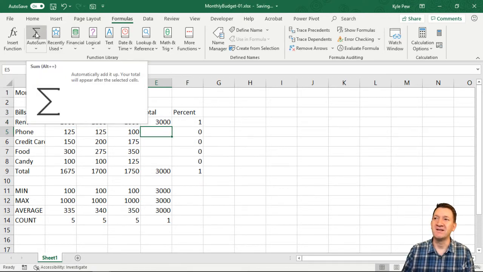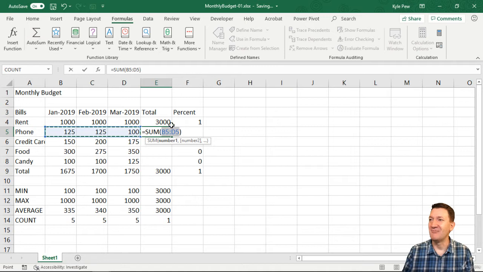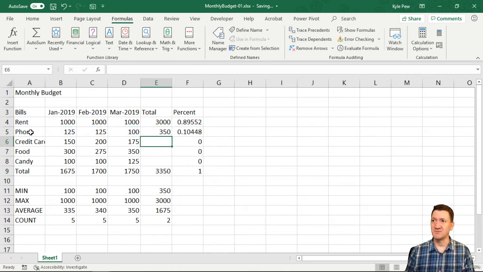I'm going to go hit the auto sum button again. Looking good. Got my B5 to D5, all 3 values for phone across each of the months. Now, Excel is a very smart, very intuitive application. But sometimes it tries to assume too much, or it relies on its default settings to accomplish a task for us. And we need to be aware of what these defaults are, especially when we're automating a process through a single button press. If I hit my enter key here, great, there's my 350. Now watch this one. How does Excel know which numbers we want? Well, it's based on the default behavior.